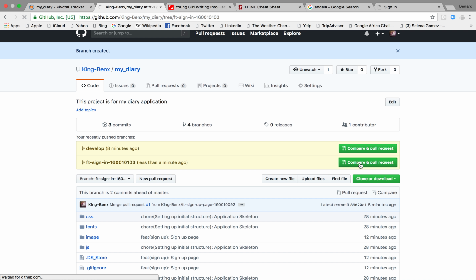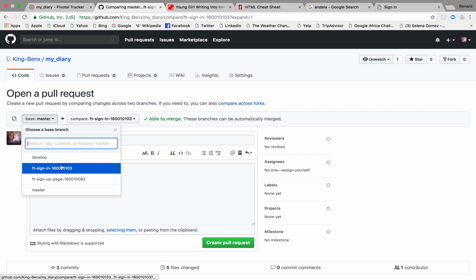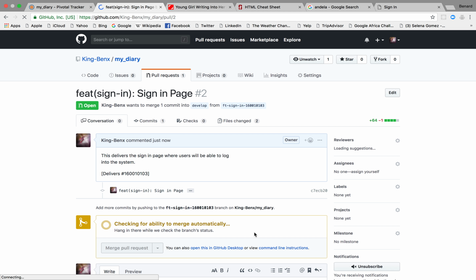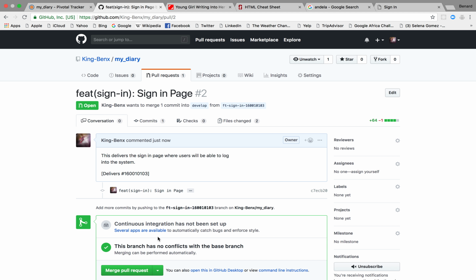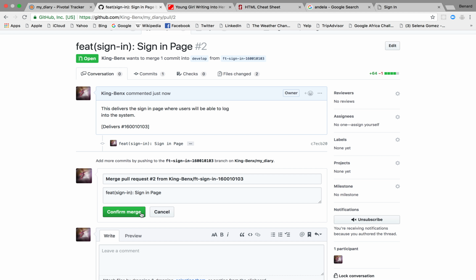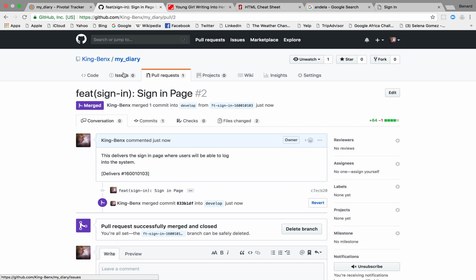Same thing, we'll create a pull request to our develop branch, and people will come and review your work, and after that, if everything is good, then it can be merged to the develop branch in case there are no errors. So once that's done,